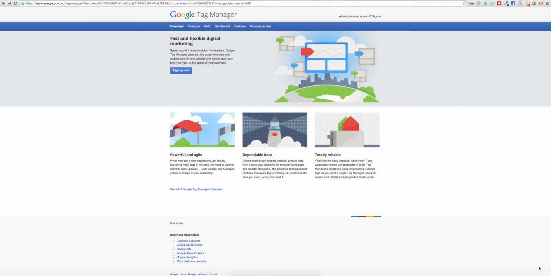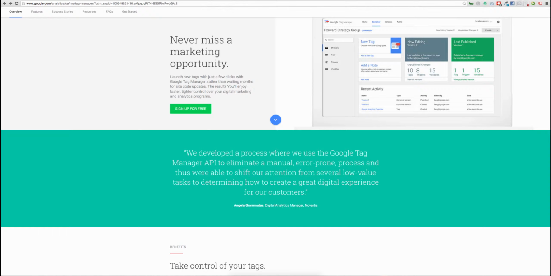This is a quick guide on how to set up Google Tag Manager for your website. For the purpose of this guide, I'll be using Google Analytics on a WordPress website. Let's begin. The first thing you're going to want to do is go to the Tag Manager website,